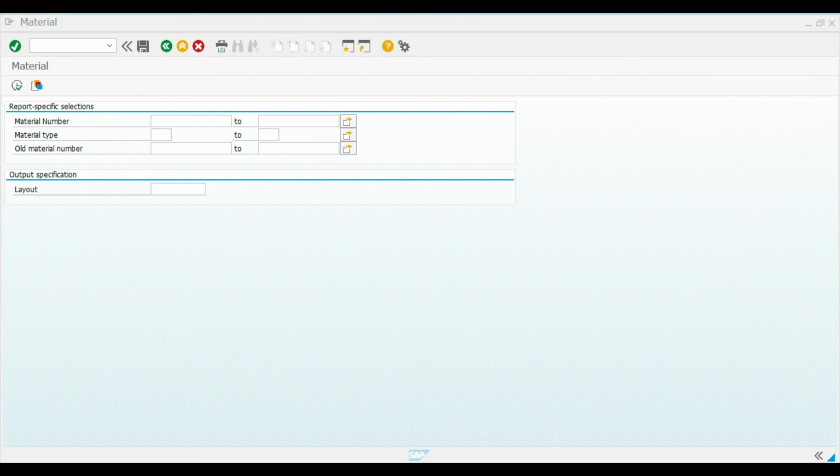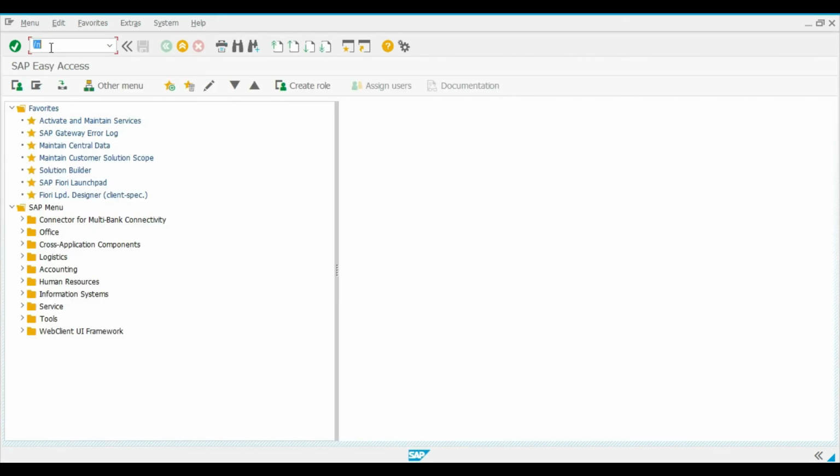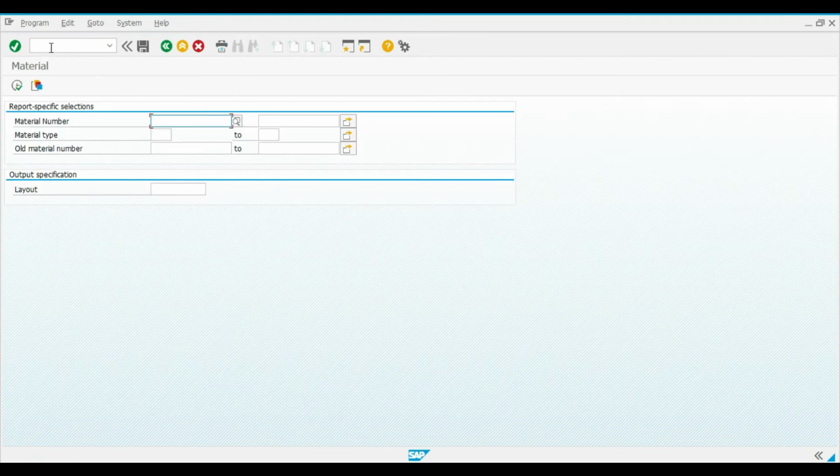Now let us see the screen which we generated using this particular T code. Let me execute the T code again. So you can see the screen is quite similar. Let me execute it.